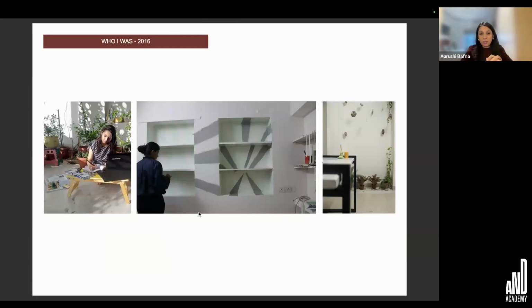When I began, I came from a fairly middle class family, not a very rich background, and also not from a design background. So it's not like I have inherited my design studio from any of my parents, grandparents, any family member. I have actually built from scratch, and that's why today, whatever I say is from great experience and learning that I've gained in the past 10, 12 years.